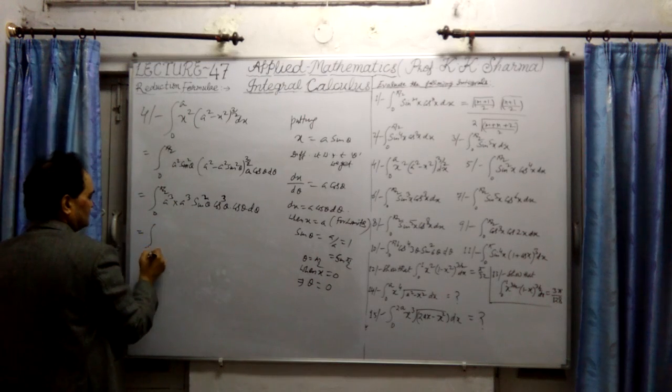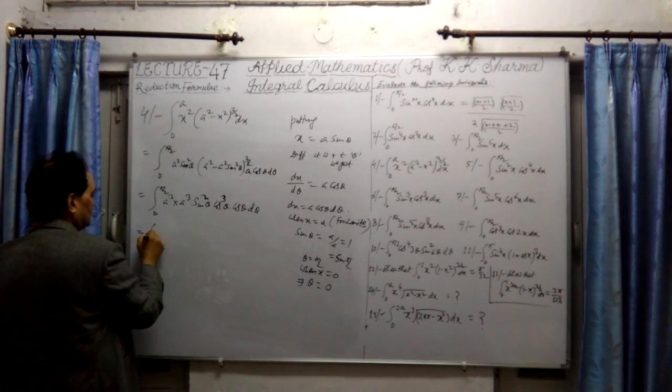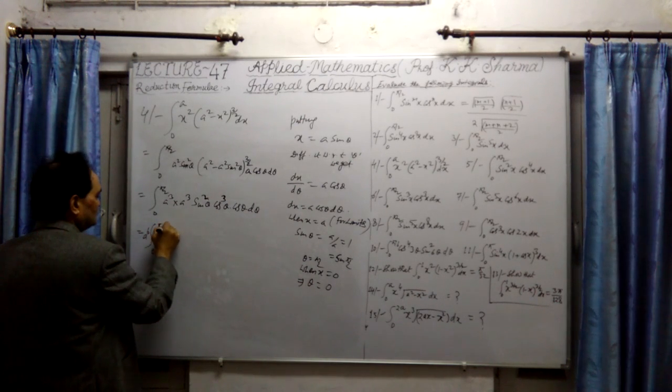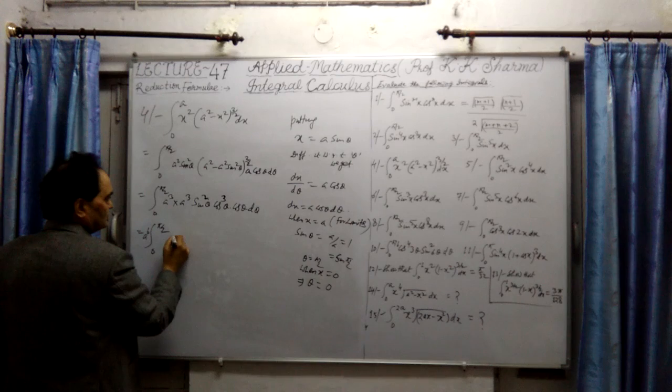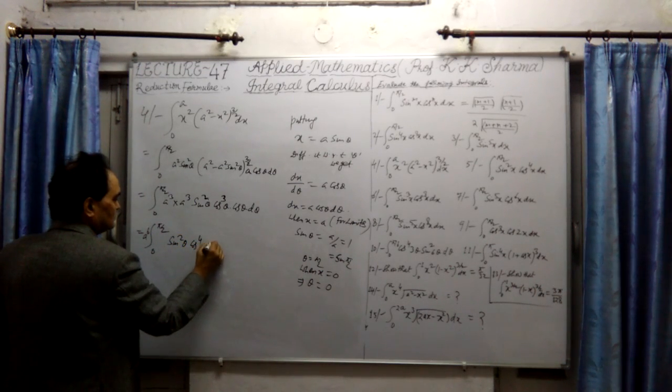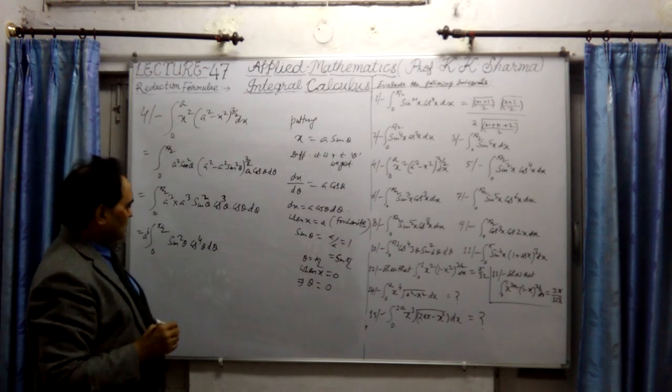Now let me further express this. a^6 can be taken out. It is a constant value. 0 to pi by 2, it is nothing but sin square theta into cos whole theta d theta. Now applying the